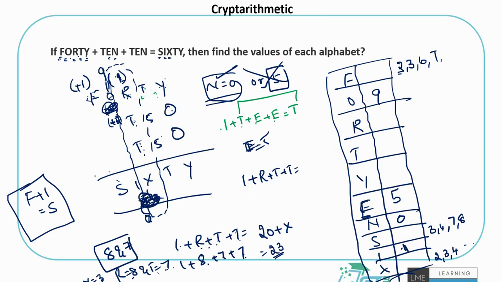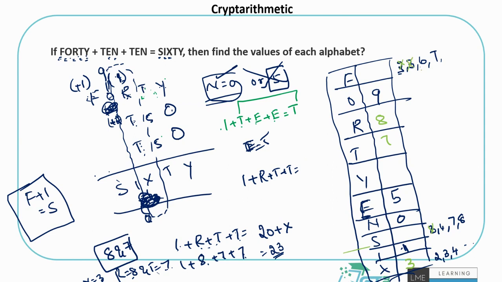What was the problem with that? If x is 3, R is 8 and T is 7, right? Let me write with a different color to show you this. If x is 3, R is 8 and T is 7, okay, so that is not a problem, but F and S can't take, F can't be 2. Why? If F is 2, S has to be 3, already x has taken 3, it can't happen.